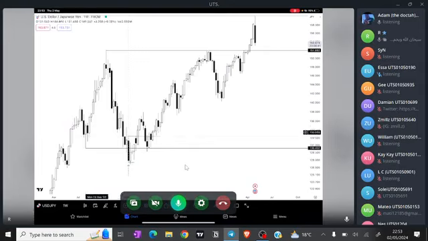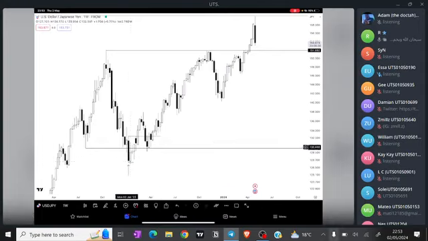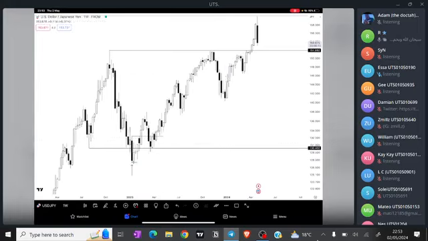So a turtle soup. Now my entry is obviously going to be down here, in the mini model 1. That's an advanced entry. Forget about that. Focus on this model number 1. Close above. Then you have this as your entry, the high, stop loss, and target. Suffer some drawdown. All right, but model number 1,